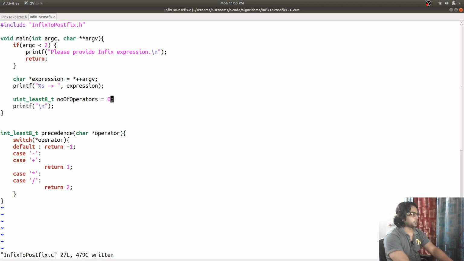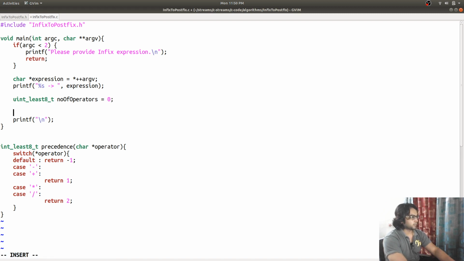I'm using an unsigned integer because a count cannot be less than 0. After that we are going to calculate the total number of operators in this expression.